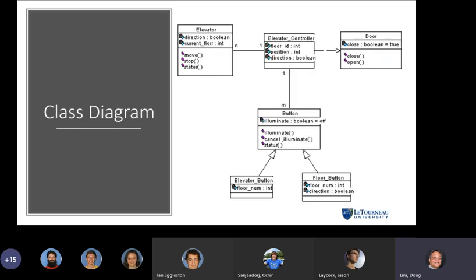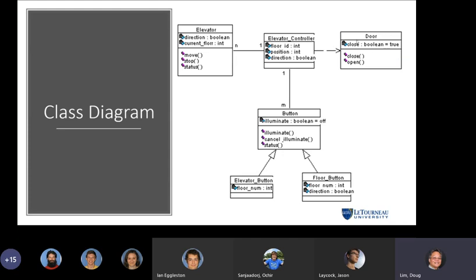Moving on to the class diagrams, this is what I came up with. Note I did an elevator controller, which has 1 to n elevators. Another possible solution is you could have the building contain the elevators, but I went with an elevator controller that is basically the controller for everything here. I have a 1 to n relationship with elevators. The requirement might have said only 2 elevators or a fixed number, but I have 1 to n.